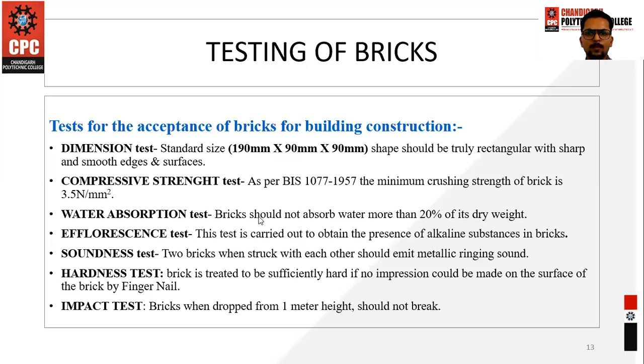It can be done in a laboratory or on the site, but mostly it is done in the laboratory. Randomly take 4 or 5 bricks, as in the compressive strength test, from the stack and weigh them. First you oven-dry them, and after oven-drying you weigh them. The average weight of a brick should be 3.5 kg. Whatever weight comes, you note it down.